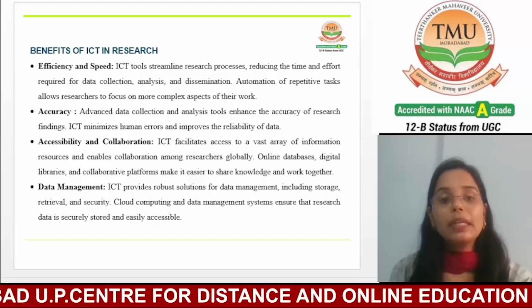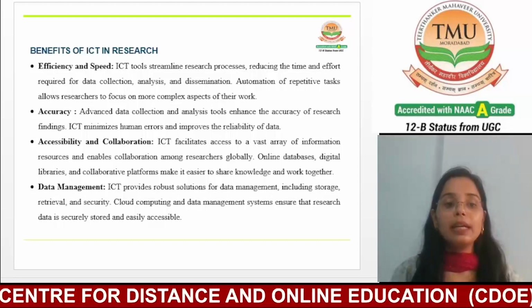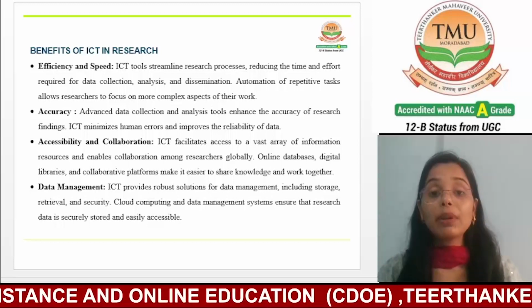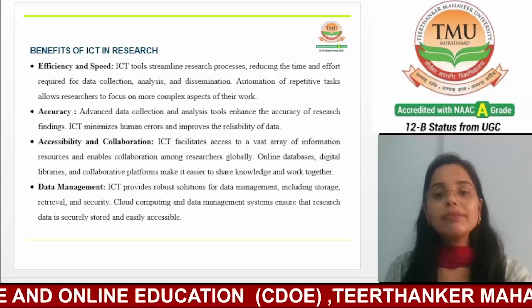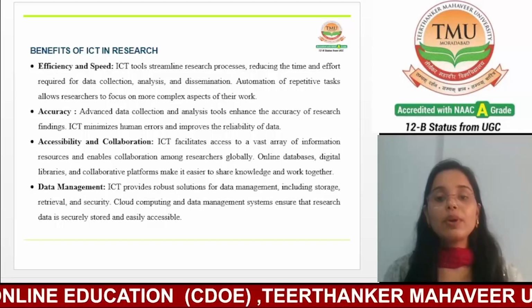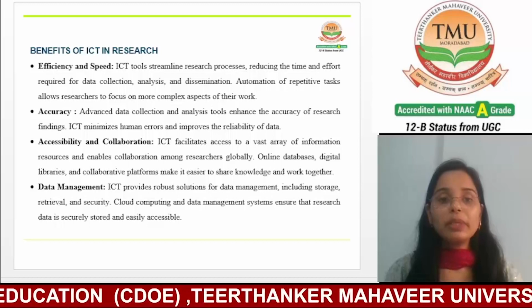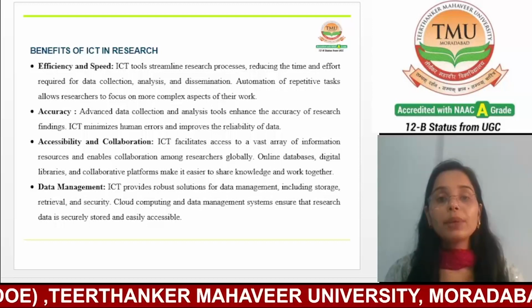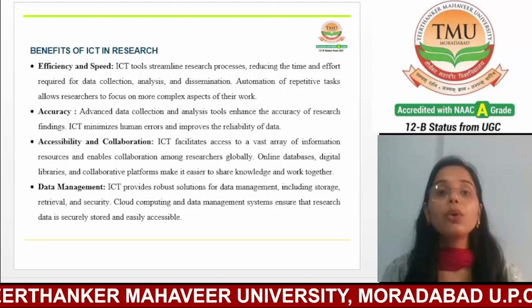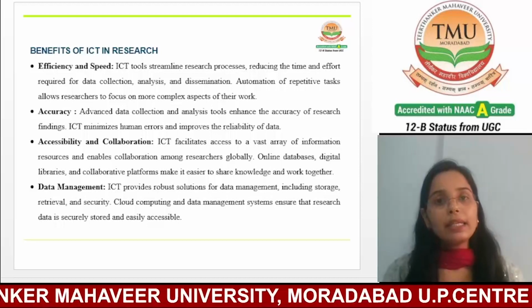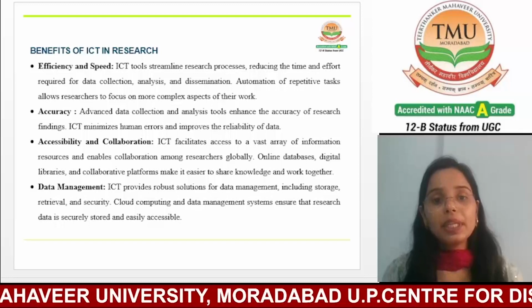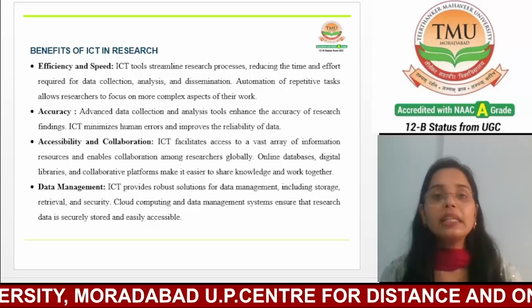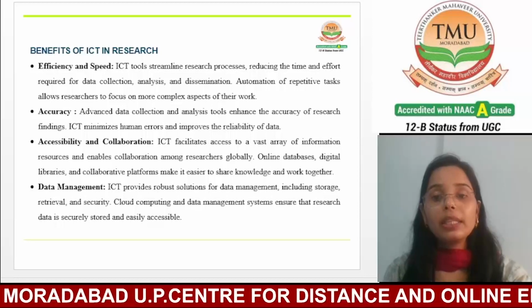Now, the next one is accessibility and collaboration. ICT facilitates access to a vast array of information and resources, and enables collaboration among researchers globally. Online databases, digital libraries, and collaborative platforms make it much easier to share knowledge.